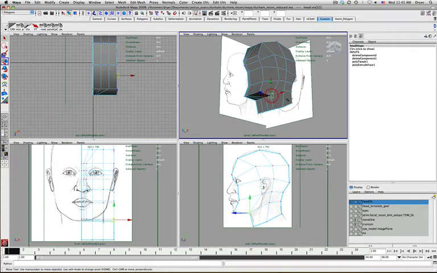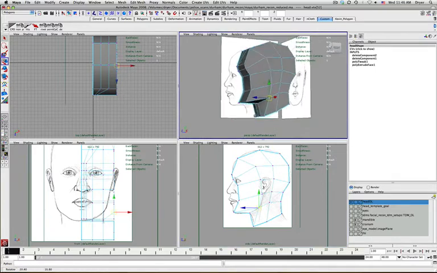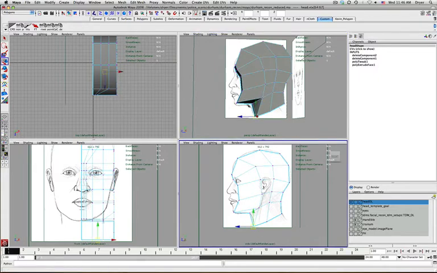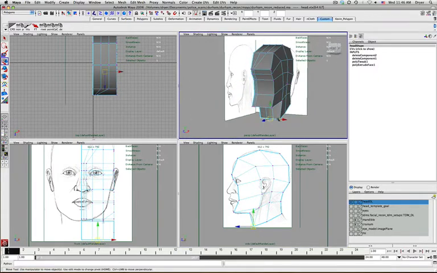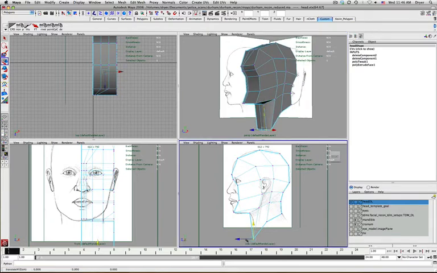So let's just take this point here and define the jawline a little more. Let's pull this one back, sort of towards gonion, to get that shape in a little bit more. Now let's pull the neck down a little bit. So select these 4 points here. So by selecting the side view, I get all 4 of these points. I just want to pull it down and back a little bit because I wanted to